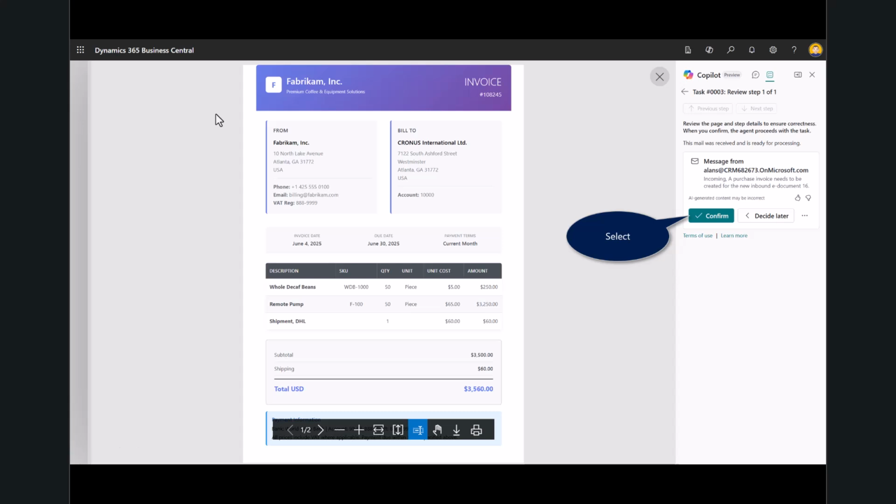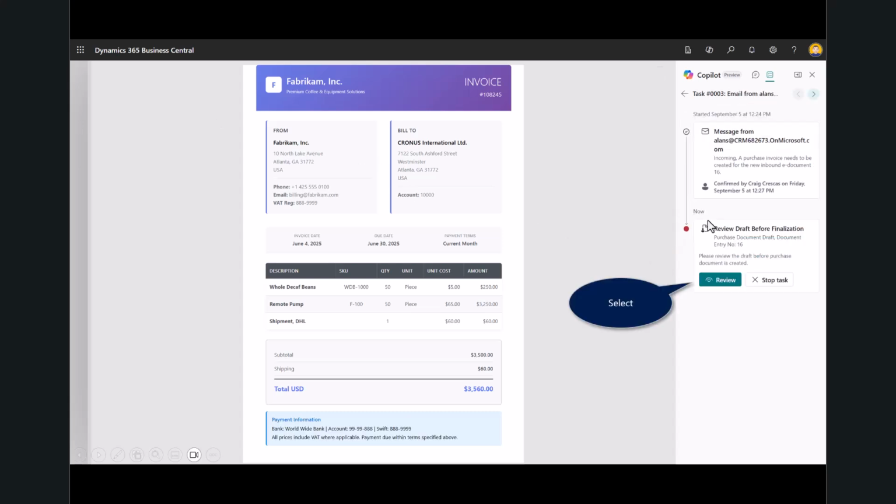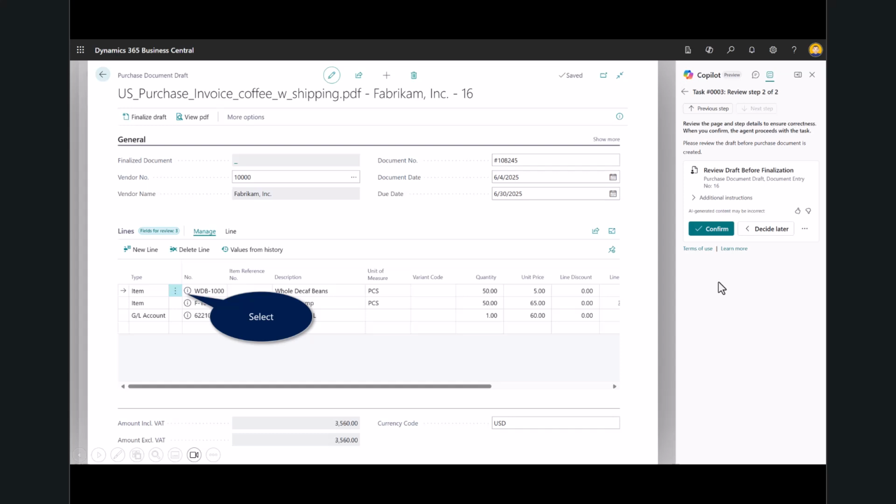At this point, of course, finance carefully reviews all the details, the line items, and all the associated costs from the attached invoice that was sent from the vendor. And then after that consideration, the finance will confirm everything looks good. And after the confirmation, the payables agent takes that information and creates the document that's associated in Business Central. And we can review that here.